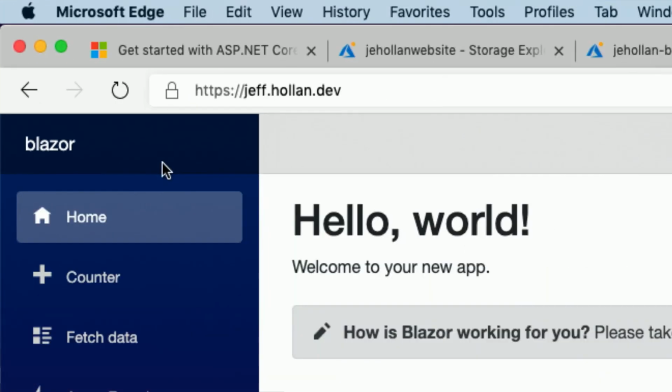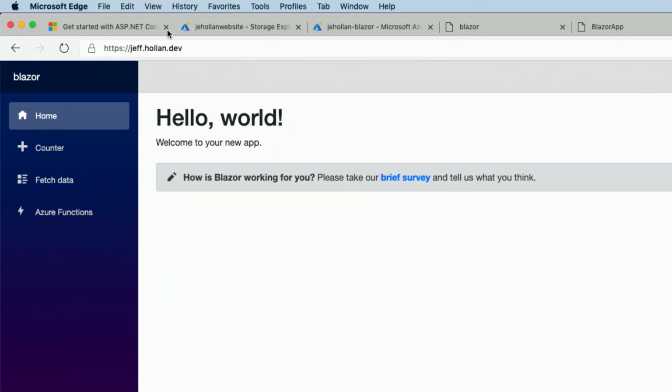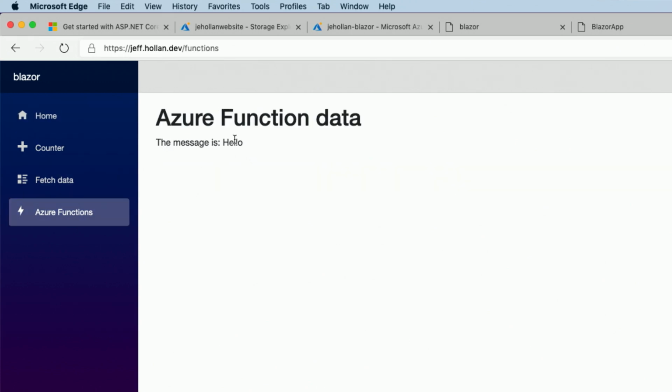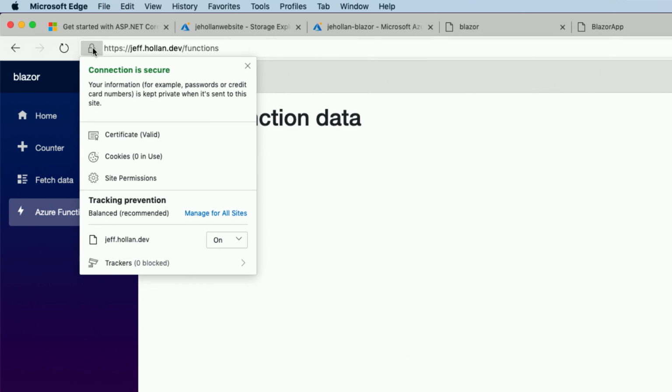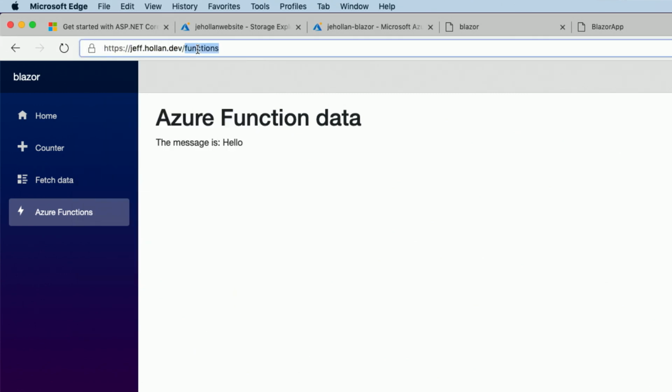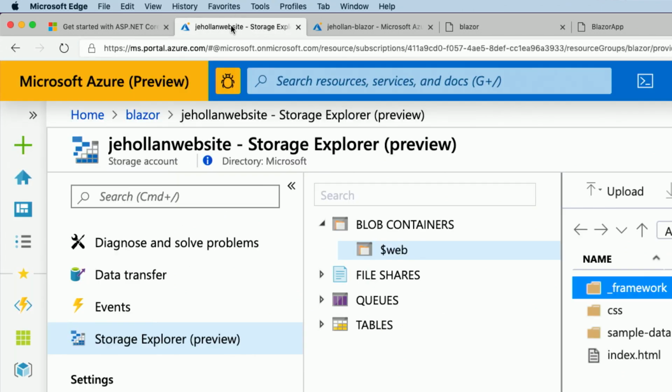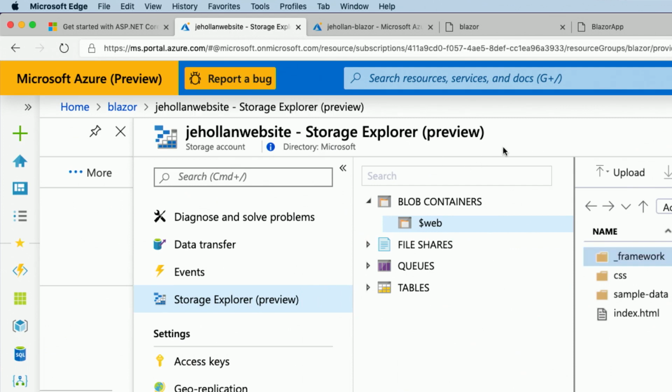And you'll notice here, when I go to that, I actually do have jeff.holland.dev set up, calling my Azure function, and it even has a beautiful certificate so that it's HTTPS enabled. So the last thing I want to talk about is how did I pull that part off, right? How did I actually get the storage account to be able to use with a custom domain like holland.dev or jeff.holland.dev? So the other aspect here, if you're going to go set this up for yourself, and there's some great docs and samples as well,